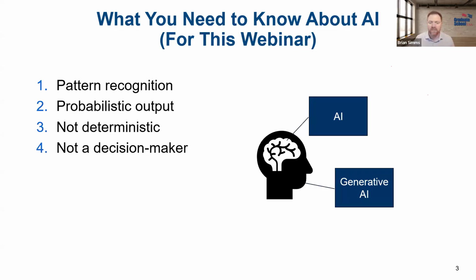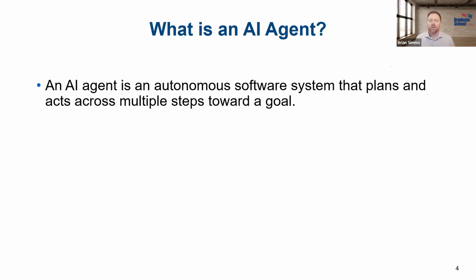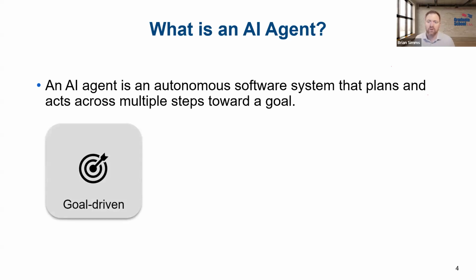So, with that in mind, what's an agent? Well, we'll start with a definition. AI agents are a new class of AI systems that are capable of learning actions and adapting over multiple steps to achieve a goal. So, that's a lot. Let's break that down. First, they're goal driven. So, you would specify to an agent something that you want and not how to do it, but this is what I want. So we could say, for instance, I want you, agent, to keep this system running effectively or process all of these permits by the end of the day. Not going to tell you how to do it necessarily, but that is your goal.